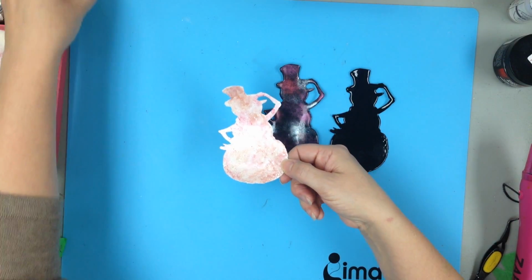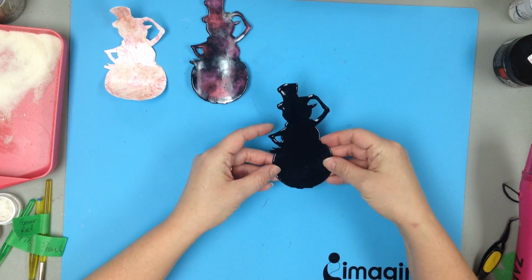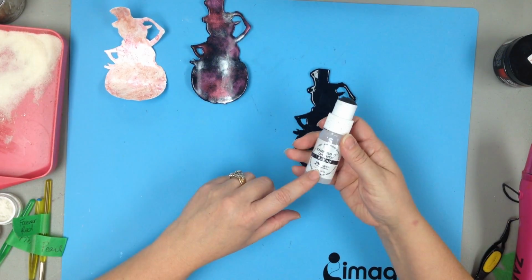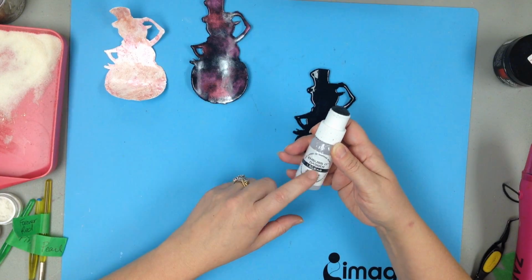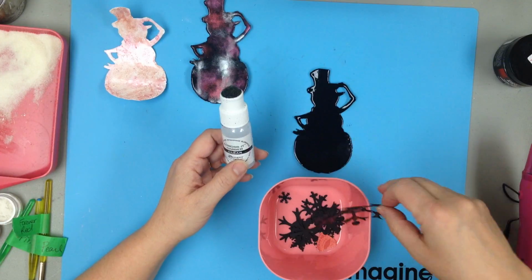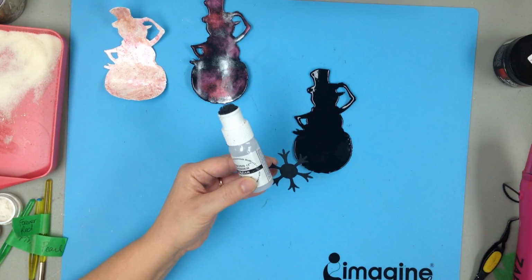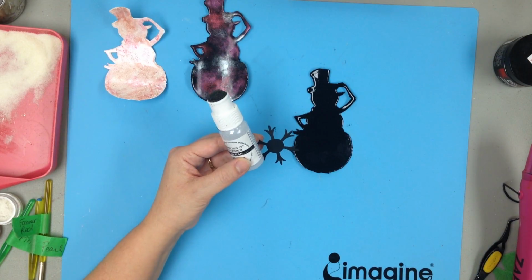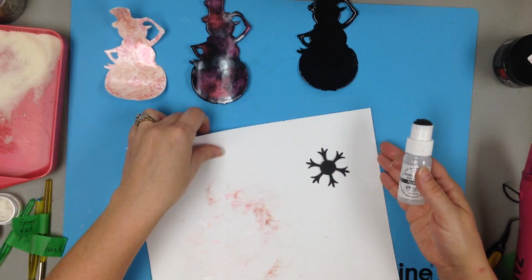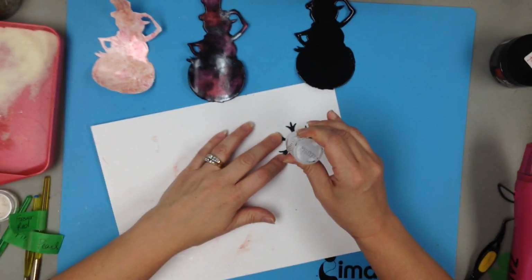Okay, so the first thing that you're going to do after you've die cut your image is use your Versa ink pad, or you can use the Emboss It dauber, and this is my favorite way to go, with the dauber. So if I was going to do this snowman, now I've already prepped it for you, so I'll just show you on a snowflake what I mean by embossing, in case you haven't done that before. So I'm taking the dauber, I daub right on top of my image,